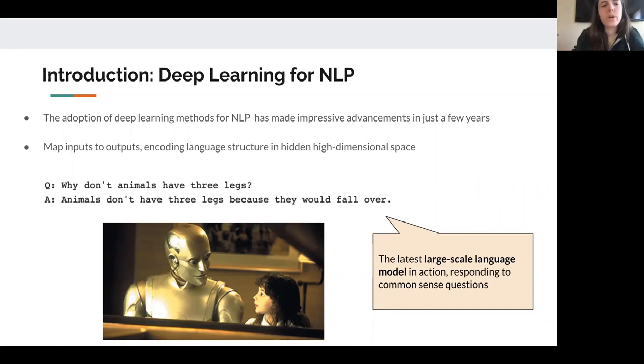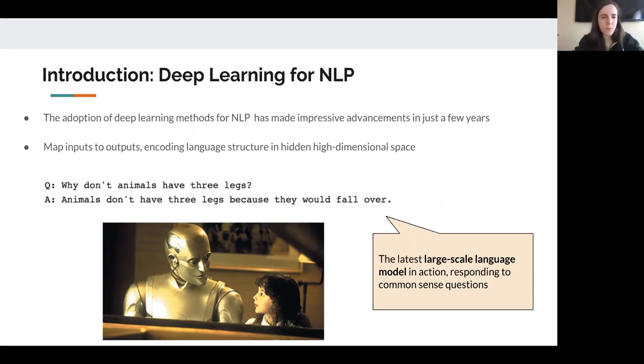We are all familiar with deep learning and the craze around deep learning for NLP particularly, and we have to recognize that deep learning methods have made impressive advancements in just a few years. In the 90s we had all of these NLP tasks with several baselines: part of speech tagging, semantic parsing, semantic role labeling, and just introducing neural nets was able to advance performance across all of these tasks. Then large scale language models were able to take advantage of the huge amounts of data that we have for free on the internet to model